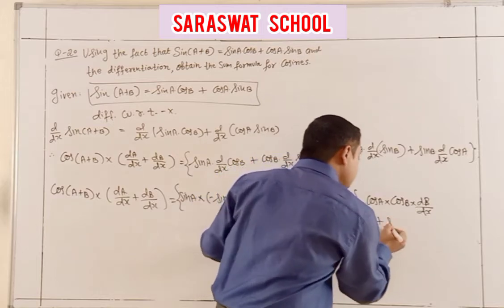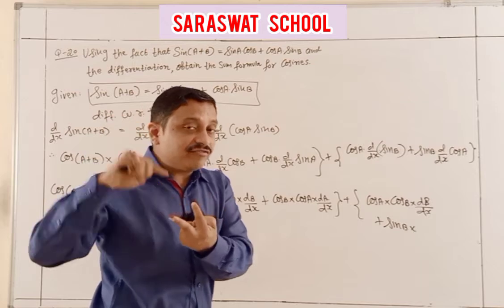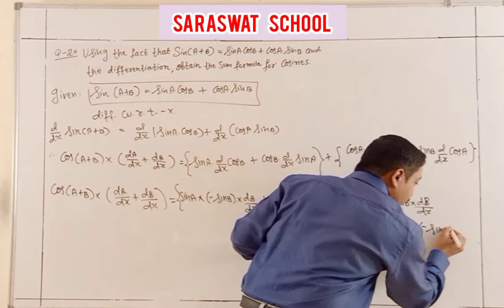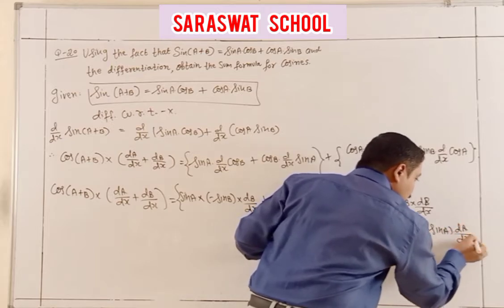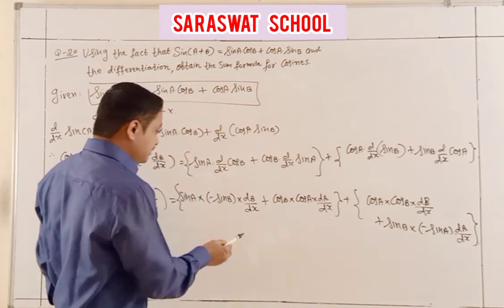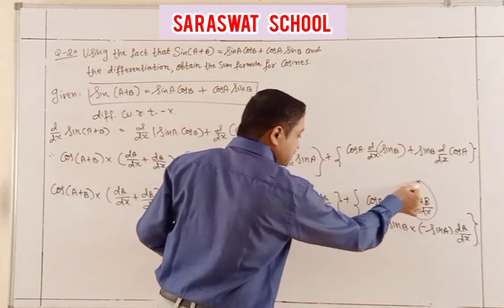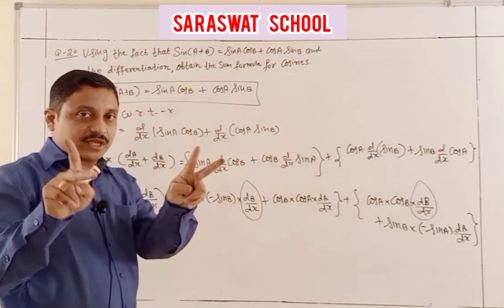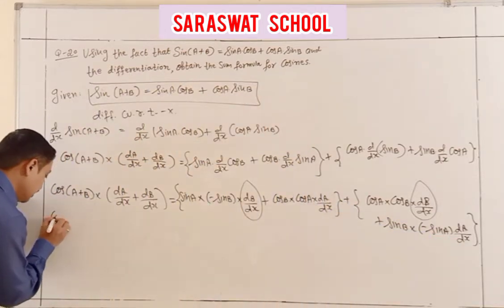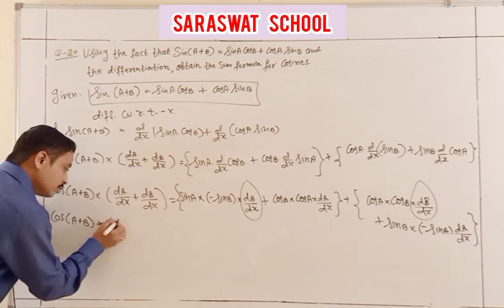Similarly, for sin B, we go to the cos A derivative, and then the A derivative with respect to x, so minus sin A into dA by dx. Finally, we collect like terms. Look at that: these are dB by dx and this dB by dx, both taking common. And the same for dA by dx, taking it common. So you get only cos A plus B into dA by dx